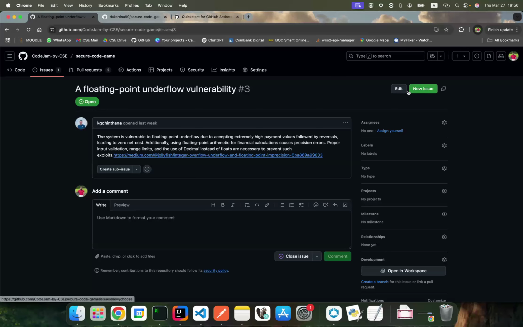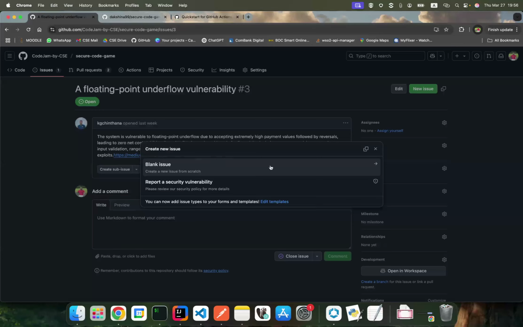When you are dealing with GitHub, you can create new issues by clicking on this. In this repository we have implemented options like report a security vulnerability or a blank issue.